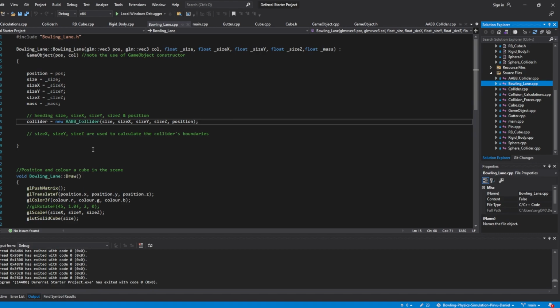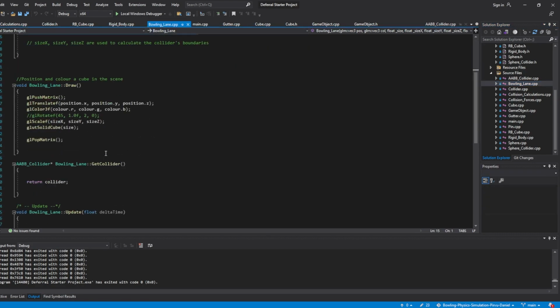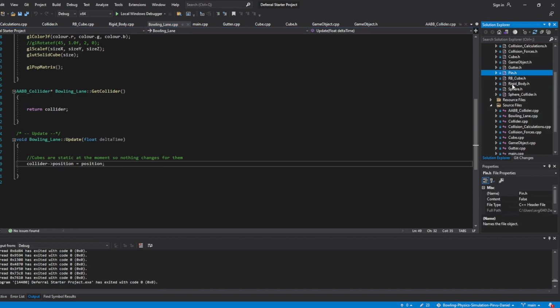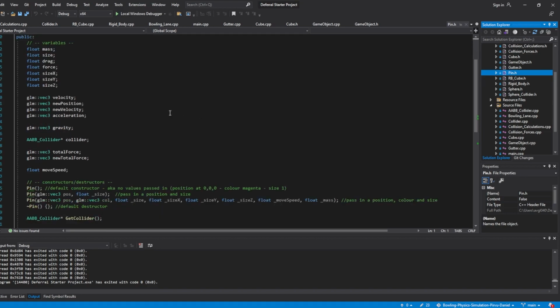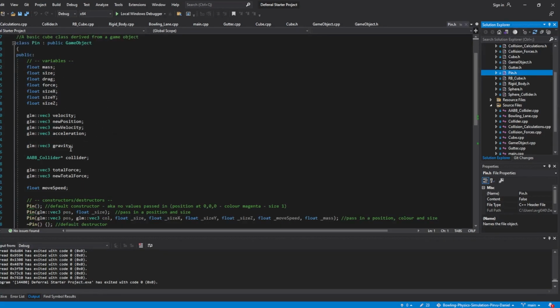The bowling lane is again simple, like the other sized cubes. We just get the collider and update the position for the collider. We have the pin, that has the first object. We have two objects that have all the physics